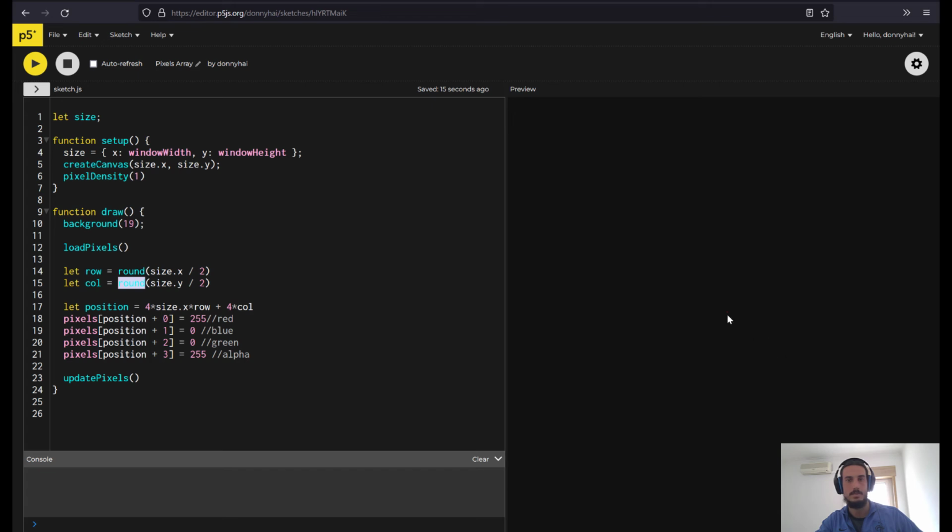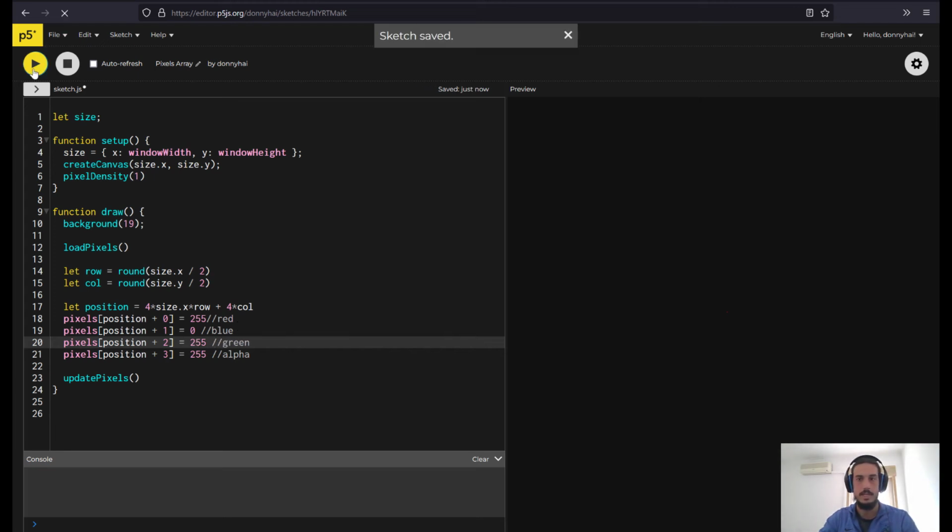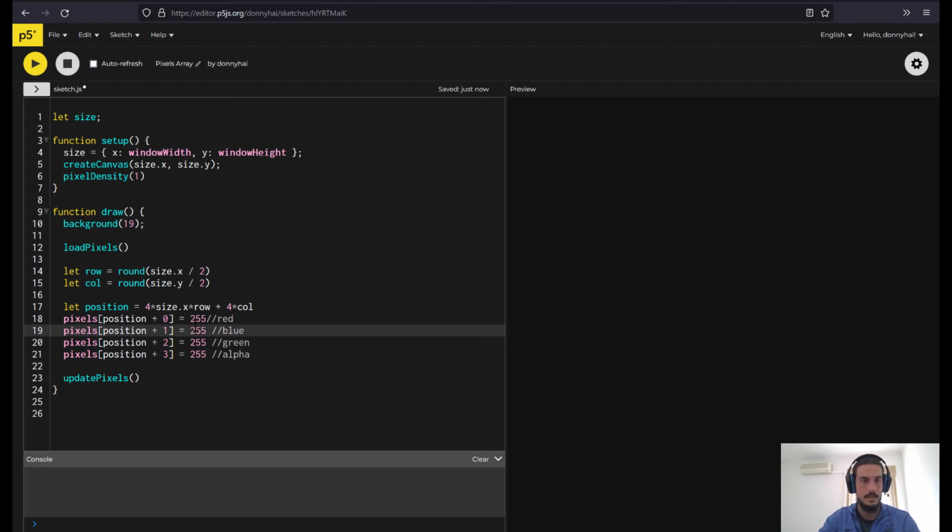So now we can see a little red dot here in the middle, and we can set that to another color if we like. I can add the green. That doesn't change too much. We can add blue as well. So now it should be a white dot, right? And yeah, what we can do as well is